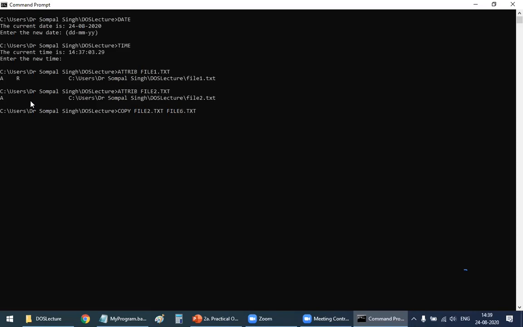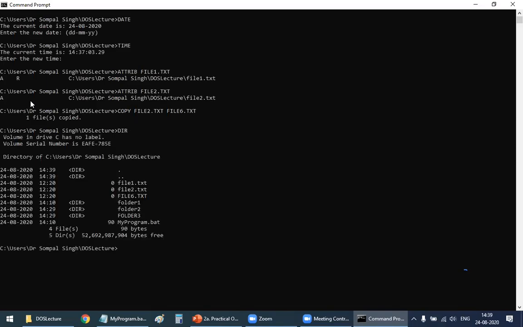It will copy file 2 as file 6. It says that one file has been copied. If I want to look at this new file, I'll type dir, which stands for directory list. Oh, this is my file here. So it now has 3 files, file 1, file 2, and file 6 here.